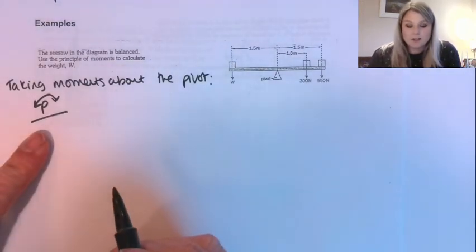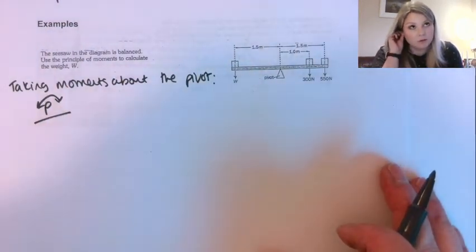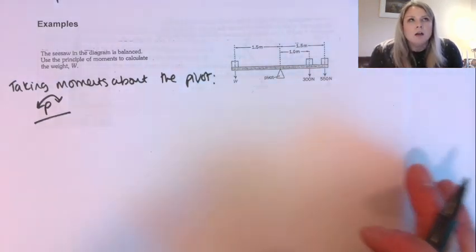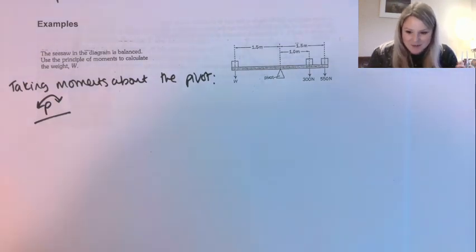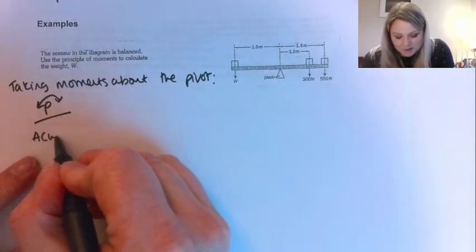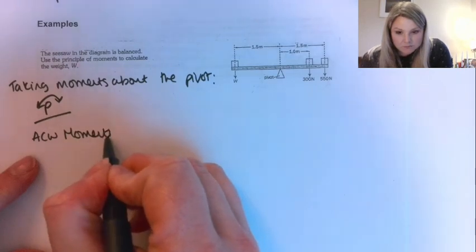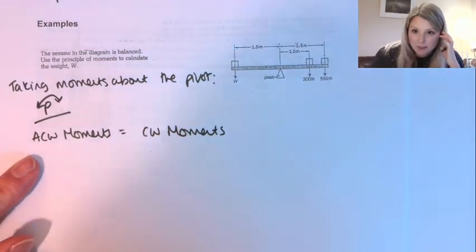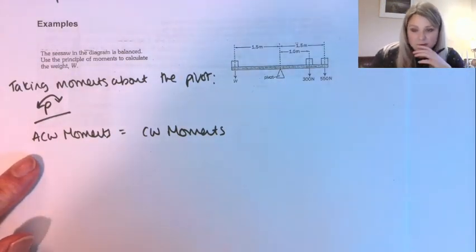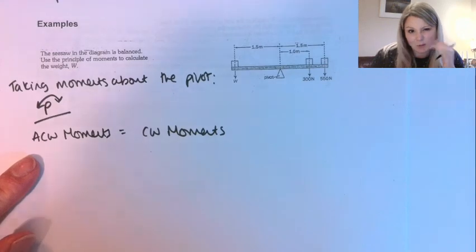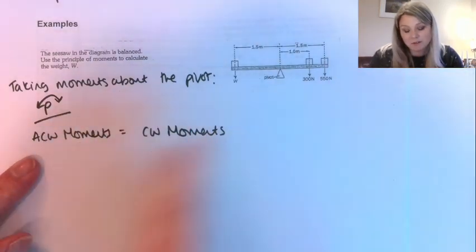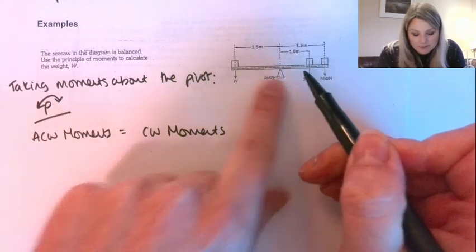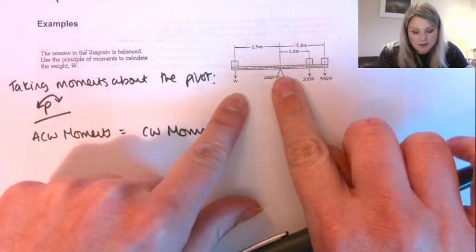Always show the examiner that you know the principle of moments. So I would always write anti-clockwise moments equal clockwise moments, and there'll be a mark for that. Sometimes the first part of the question will be to state the principle of moments, and if that's the case probably there won't be a mark for writing it here, but if you haven't already stated it there's a mark for that. Now if we look up here, this is making this turn anti-clockwise, and then these two are